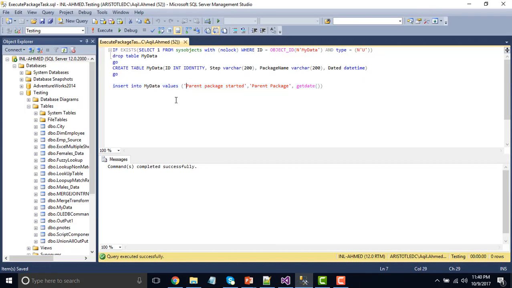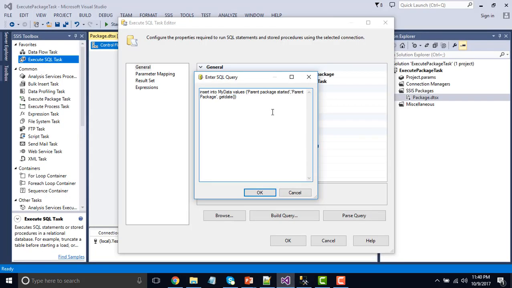So this is the MyData table. ID is an identity value, so it doesn't need any input from our side, and then the step is parent package started, the package name is parent package, and the value of the dated will be the current date time value. The parent package name is parent.dtsx, so we can write it like that.